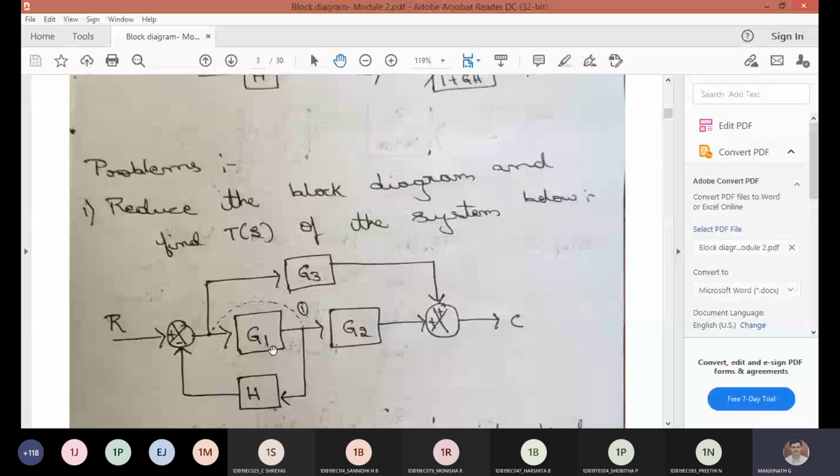So what rule will come now? What should I do? Which rule will we follow? This is like your G2 and G3. Are you going to add G2 and G3? No, you can't add G2 and G3 unless this point is moved. In between G2 and G3 there is G1. You can't add like that. That is where we told rules are to be followed. If this breakaway point is moved ahead, then this will become free and this will become free to do the operation.